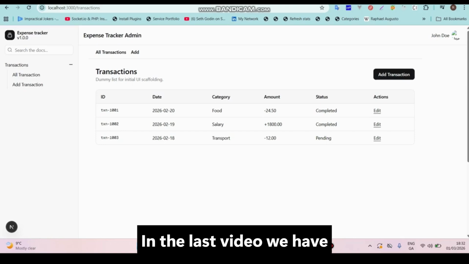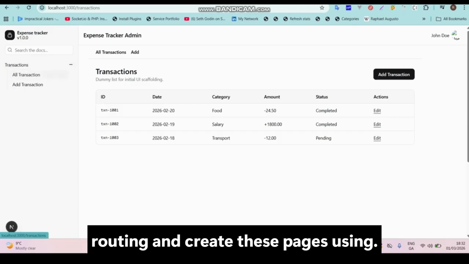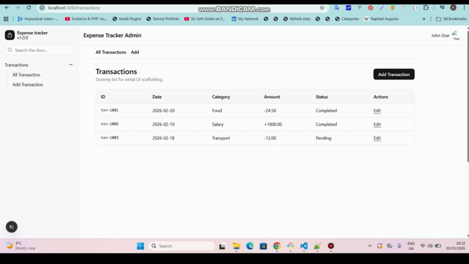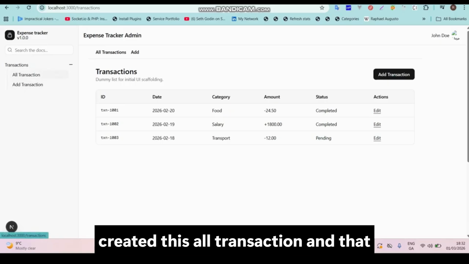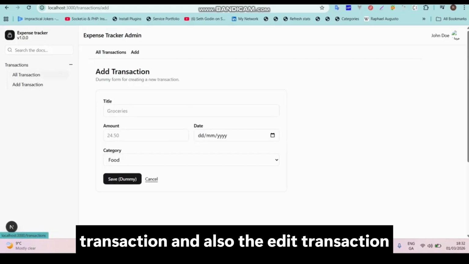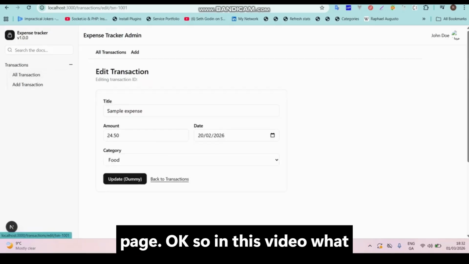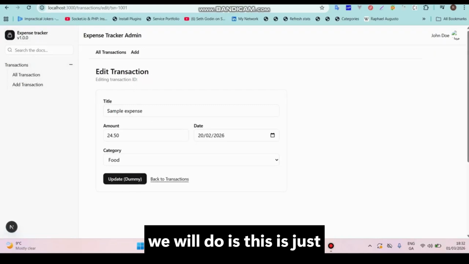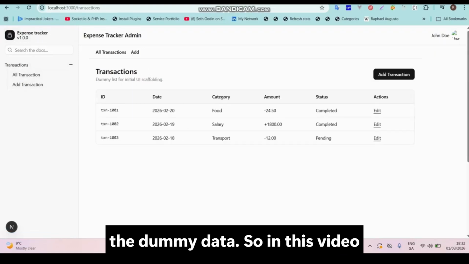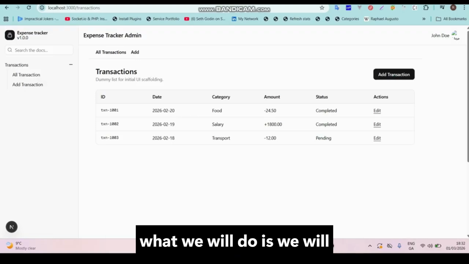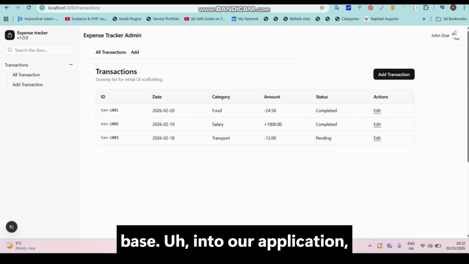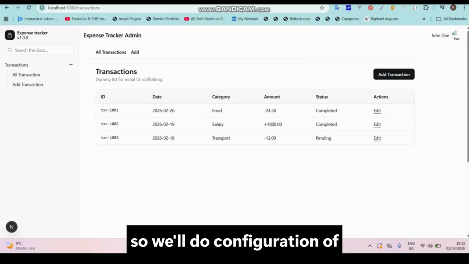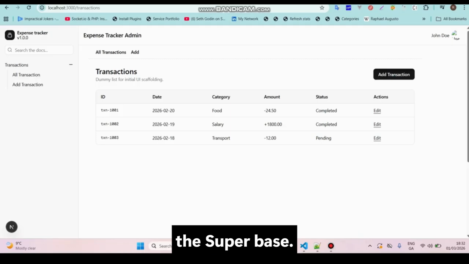In the last video, we saw how to do the basic routing and create these pages using Codecs and Shadcn UI. So we created the all transactions, add transaction, and also the edit transaction page. In this video, this is just dummy data, so what we will do is connect the database, that is Supabase, to our application. So we'll do the configuration of the Supabase